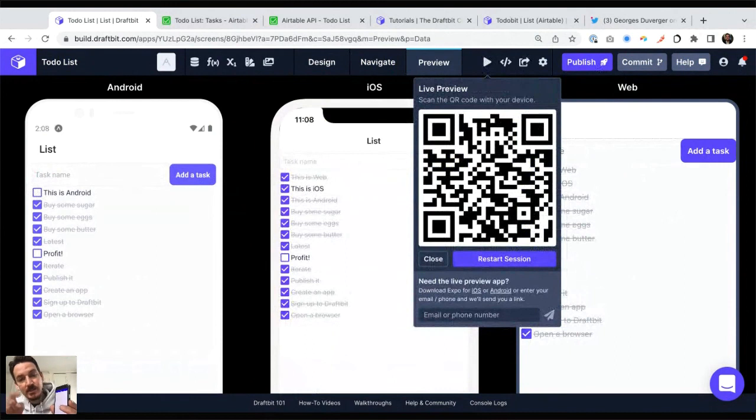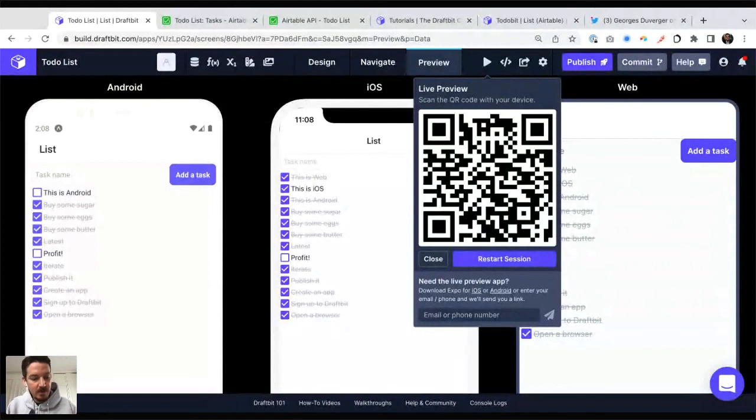It'll stay in sync. So as I'm changing in the app, if I change the title, if I change any kind of functionality, it's automatically updated on my phone. So I typically keep my phone right next to my laptop. I'm making changes on the app, and then I pick up my phone and I can feel what it looks and feels like on a real device as opposed to on a screen.